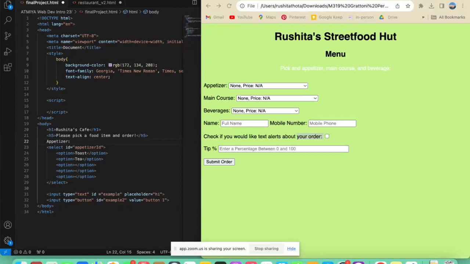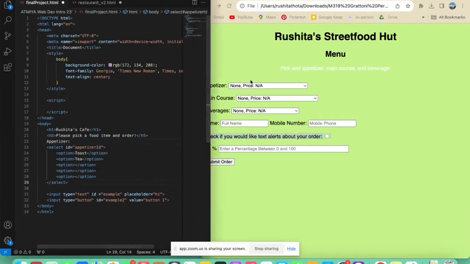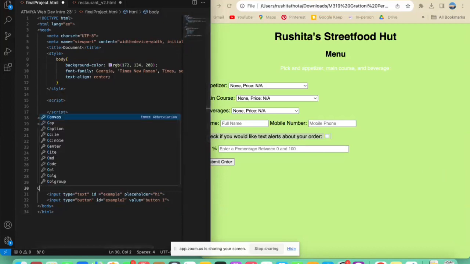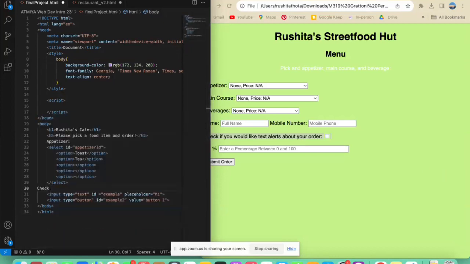So first, we want to have this text show up, right? We want the text, check if you would like text alerts about your order. So I want this right after the drop-down menus and the name and mobile numbers. I'm just gonna put it right here in line 30 after the drop-down menu, and I'm gonna type in check if you